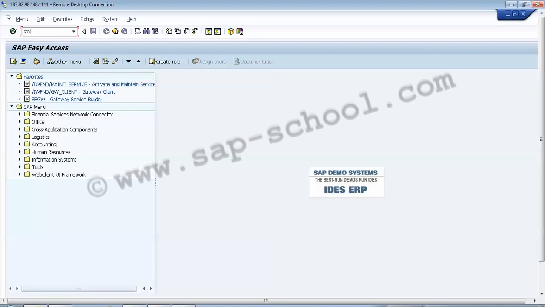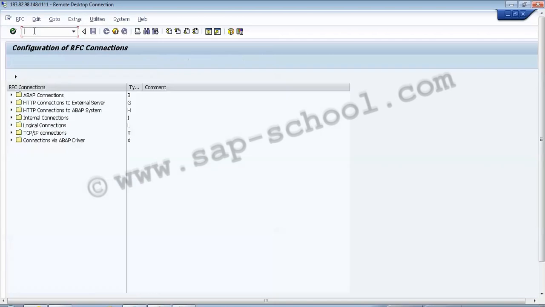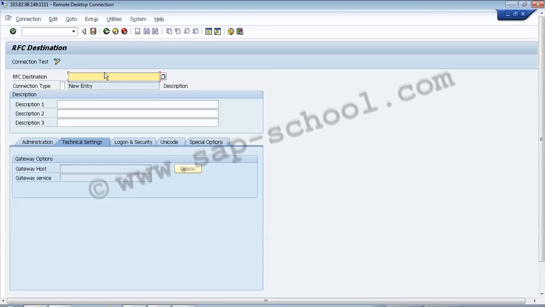This is the naming convention which we have to follow. So we have to give the SID of the gateway. After that, we have to write down the client and the client number. So basically I'll take the SID of my system, that is the EHP, and then I have to write down CLNT and then my client number.